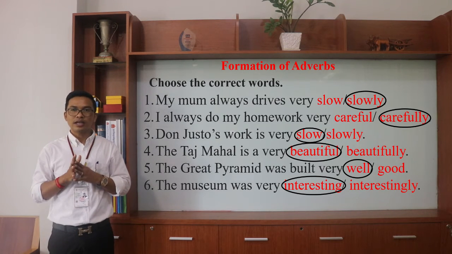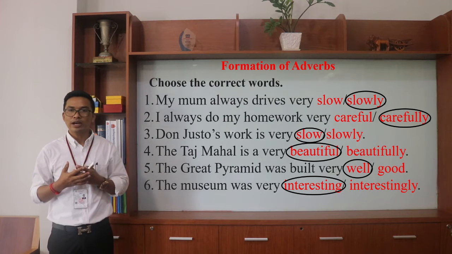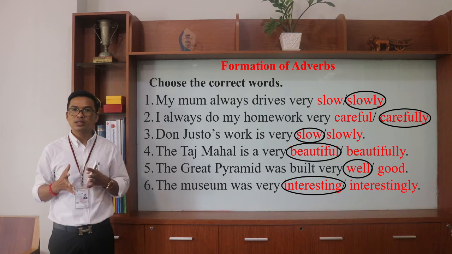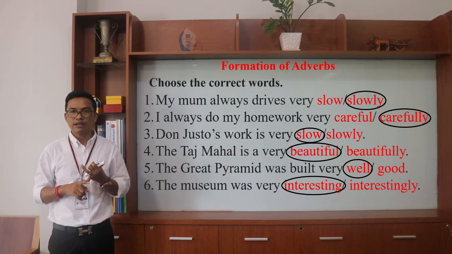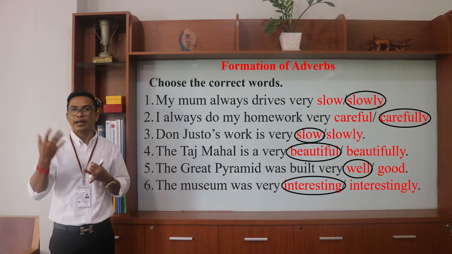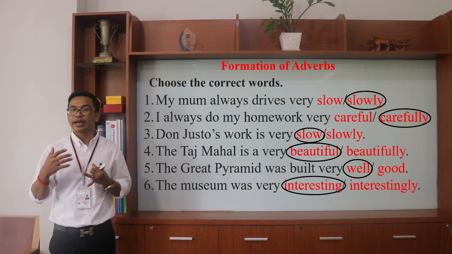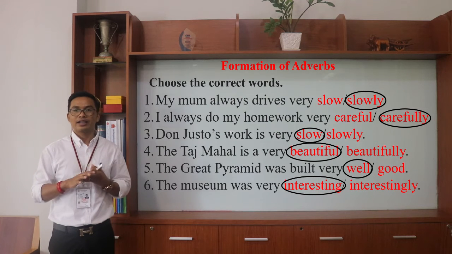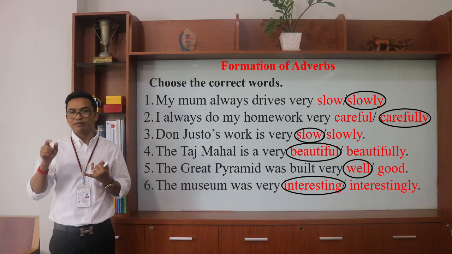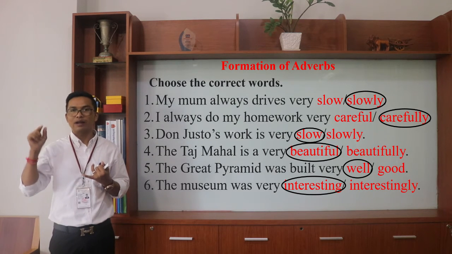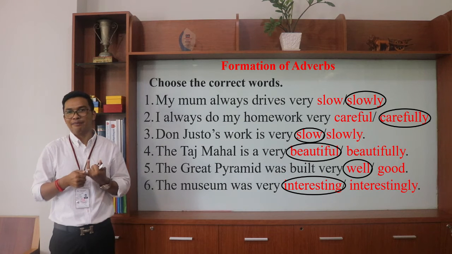There are 5 rules, as I taught you in the previous video. The first one, you add ly to the adjective, and the second one is adjectives ending in y, you have to change y into i and add ly, right? And then adjectives ending in ic, you have to add ally, and then adjectives ending in able,